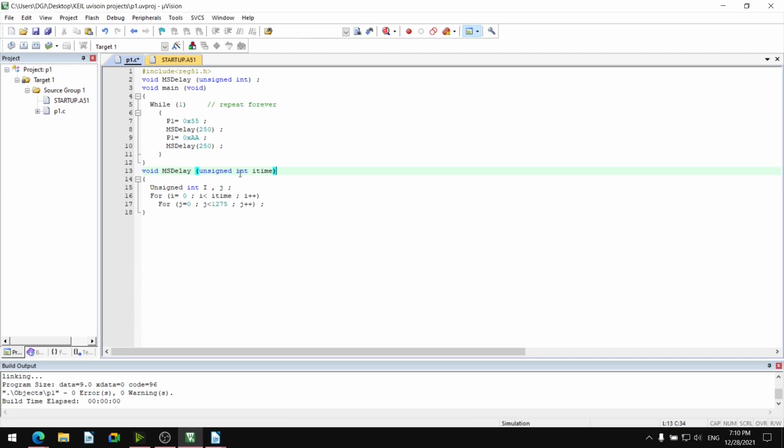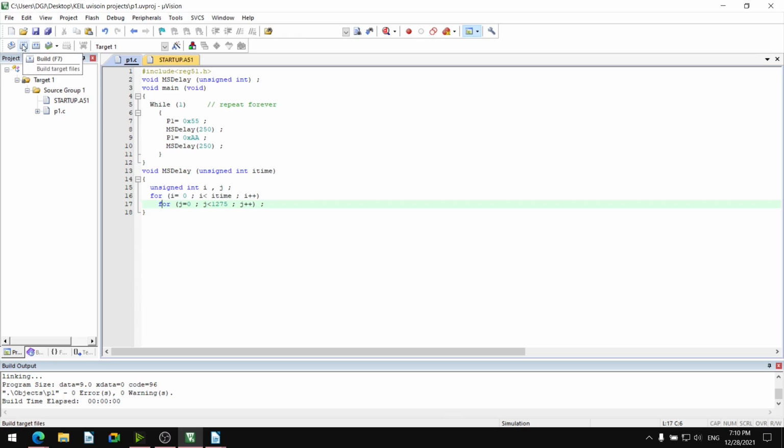Void ms delay unsigned integer i time. Okay, so i time is the name given for the argument. I time means for counter i.